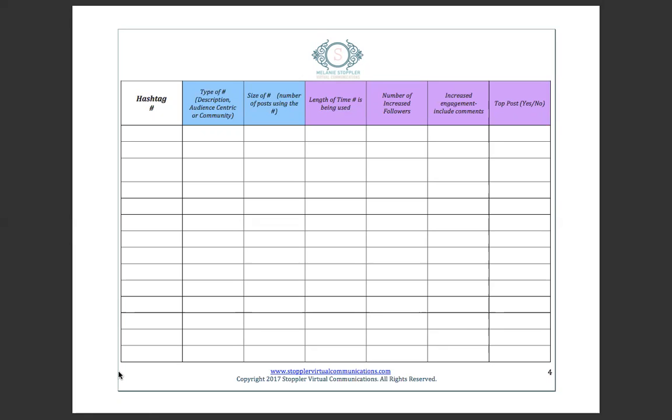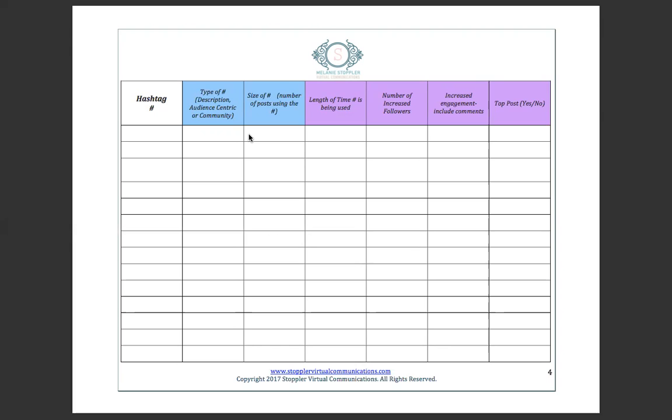Now you're going to move on to the purple part of the table. This is going to take some time, like I mentioned. You write down the size and the tag. You're going to have to research them all on Instagram. Then you're going to choose a period of time that you're going to research the hashtag. I would suggest that you keep it to 2 weeks or maybe 1 week, depending on how many times you post to Instagram.